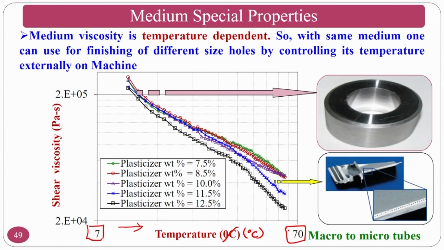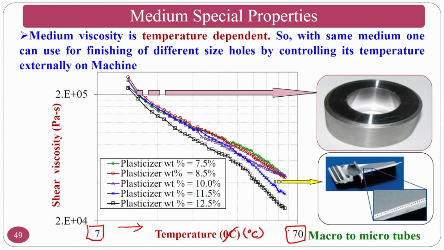Just as plasticizer addition increases the distance between polymer molecular chains, here also whenever the medium is exposed to temperature, as the thermal energy increases, the polymer chains gain thermal energy and try to move apart, because of which the viscosity will reduce. Okay, you can see some of the polymers, whenever you throw them onto fire or something, first they will become liquid, then they will vaporize also, and some other things.